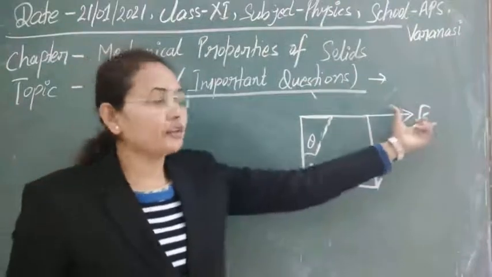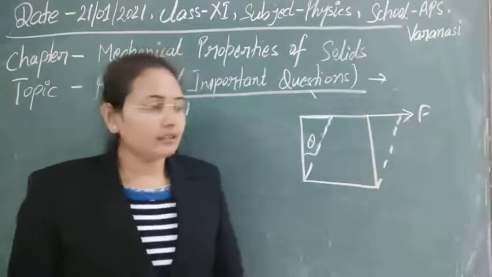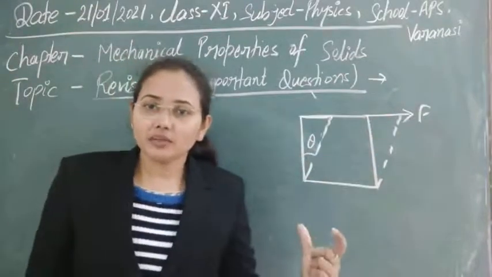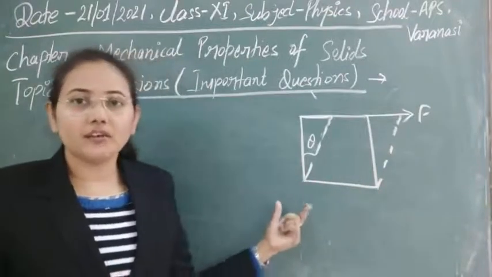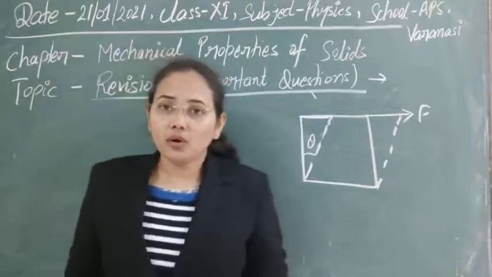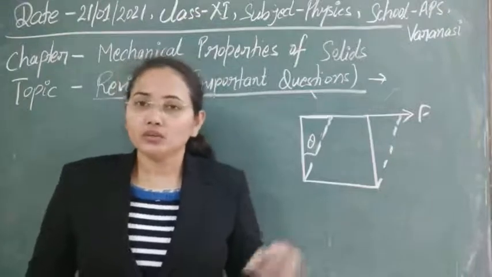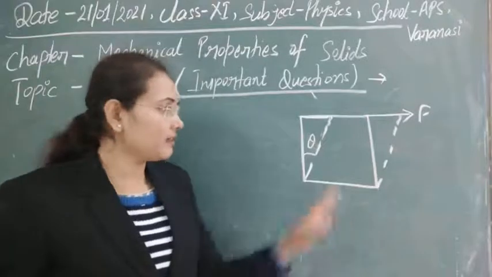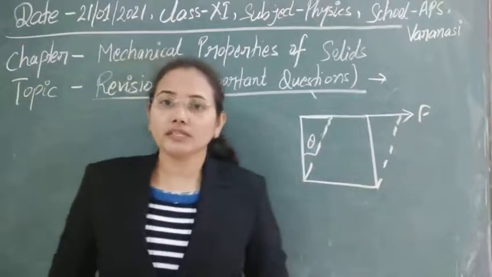So this force per unit area is known as tangential stress, and if there is a change in shape, a change in configuration from the original configuration, that is called strain, and here that strain is defined as shearing strain or tangential strain. So the ratio of shearing stress to shearing strain, or in other words the ratio of tangential stress to tangential strain, is known as a new type of elasticity, called the modulus of rigidity.